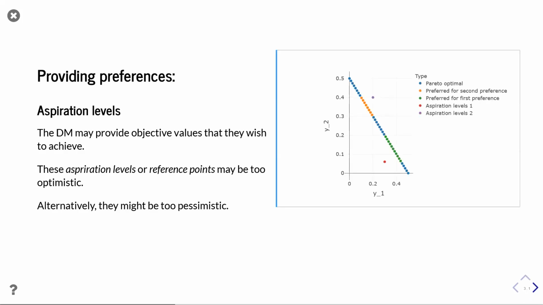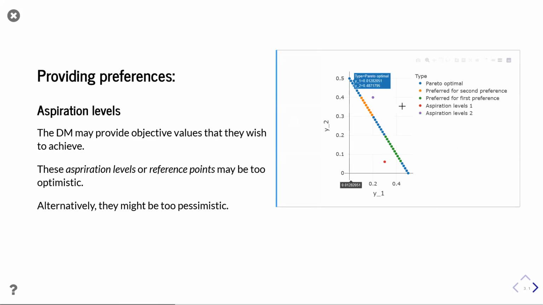Based on that, a method can return different kinds of solutions. For example, we still have these sets of Pareto optimal solutions, which now we can assume that the evolutionary algorithm does not know about all of these solutions. However,